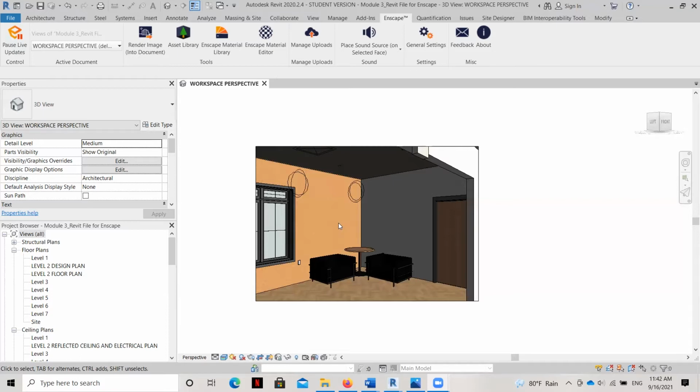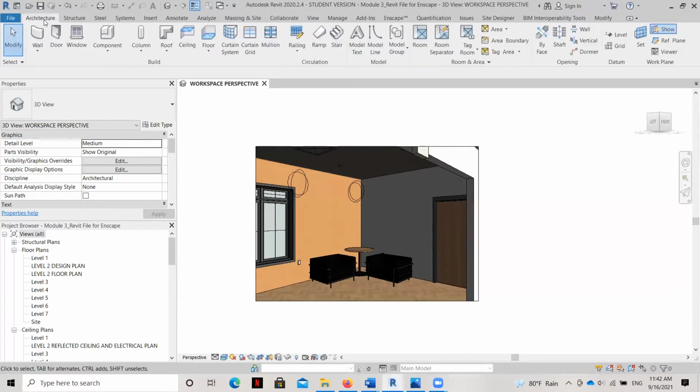So as much as you think you might be switching the work plane around to host sconces on the walls or light fixtures on the ceilings, you really don't in Enscape. They're all going to be adjusted and manipulated to a single work plane. And so let's go ahead and set that now. You can set this in multiple views if you want. I'm going to just stick to this perspective for as long as I can.